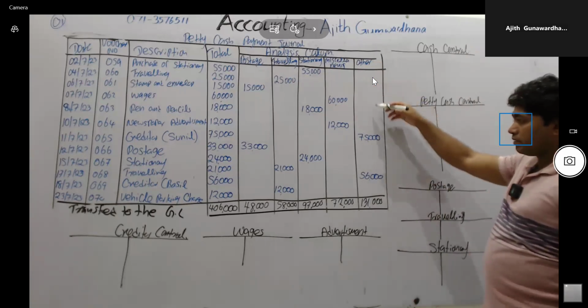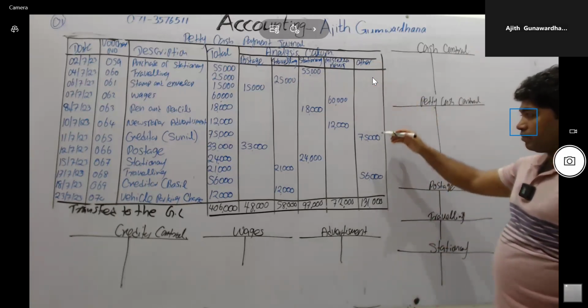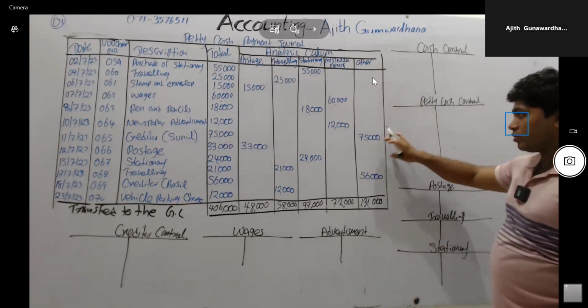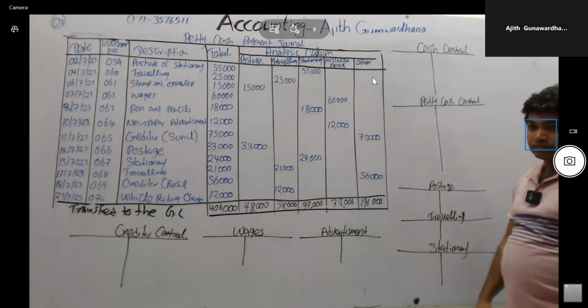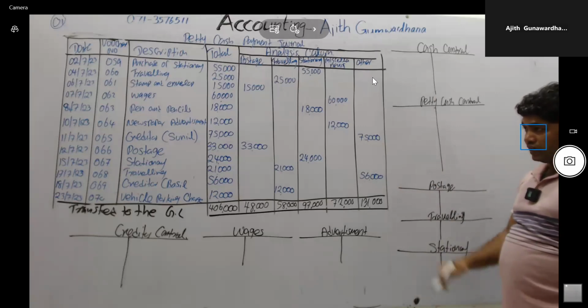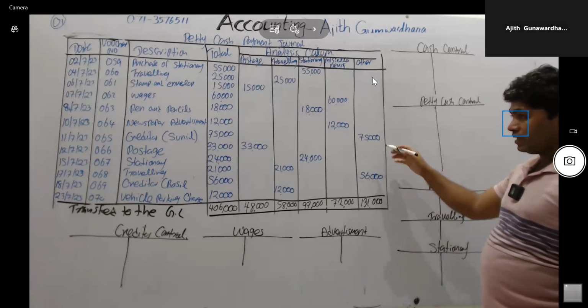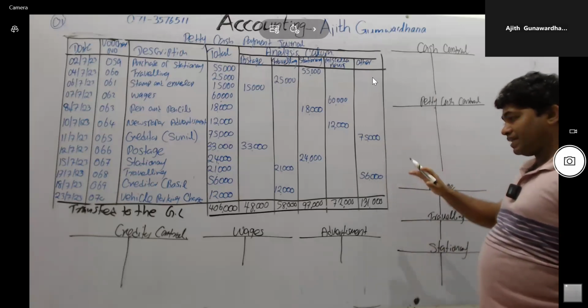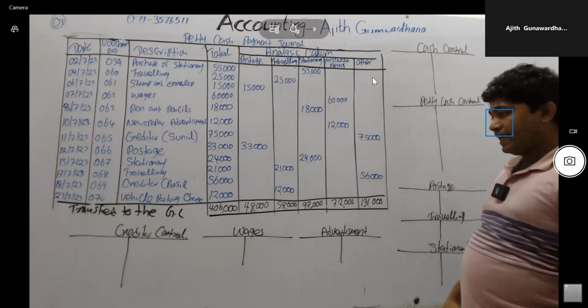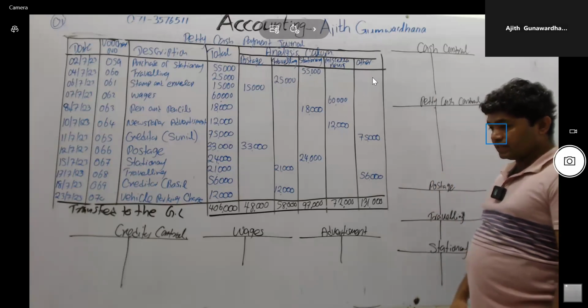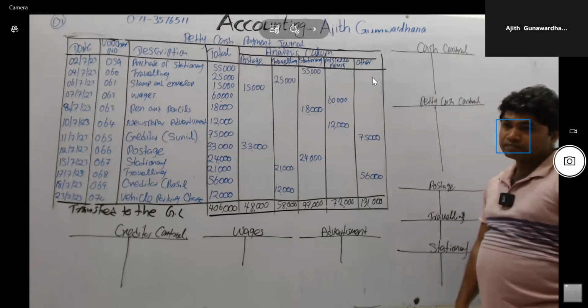And in the other column creditors are available. There are more creditors available, but you have to prepare only one ledger account. It is called creditor control accounts. No need to prepare a separate ledger account for Sunil and Basil in the general ledger. I will discuss the creditors ledger later. We have to prepare separate ledger accounts in the creditors ledger for individual creditors.